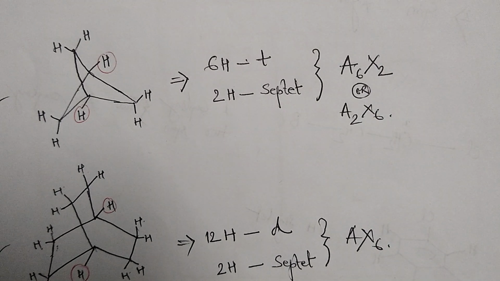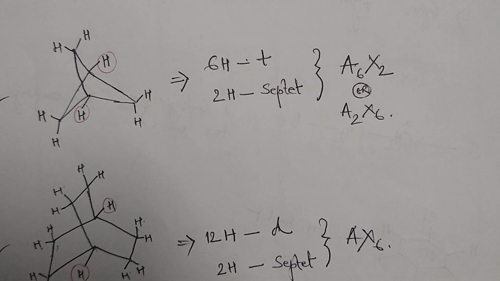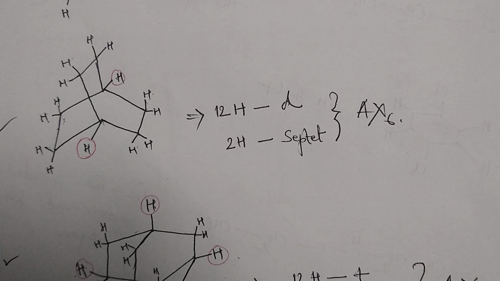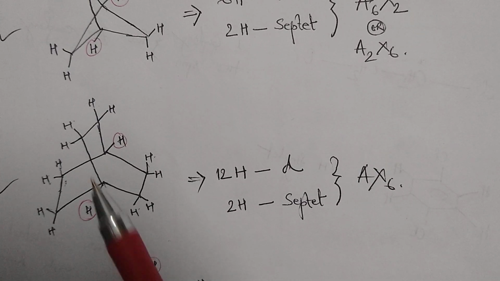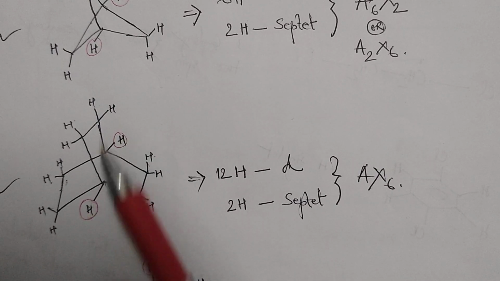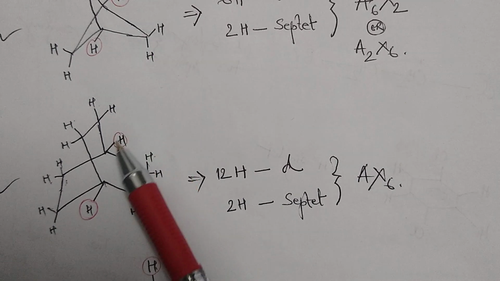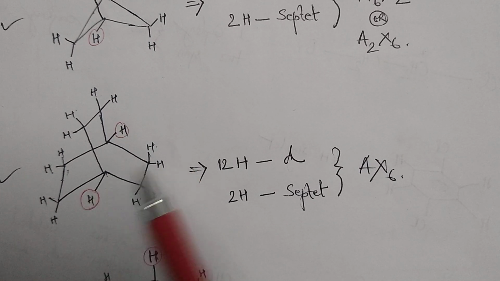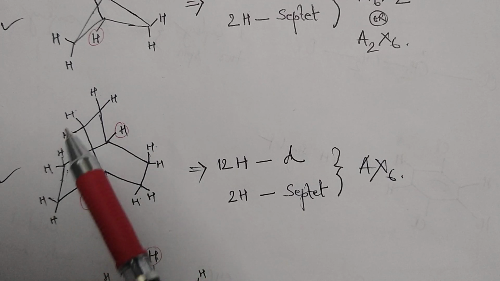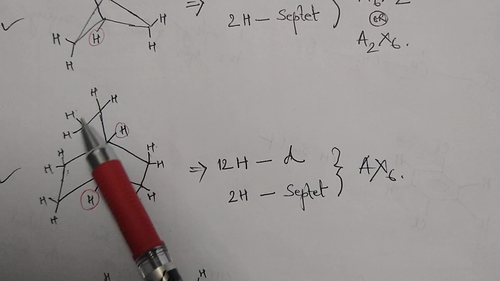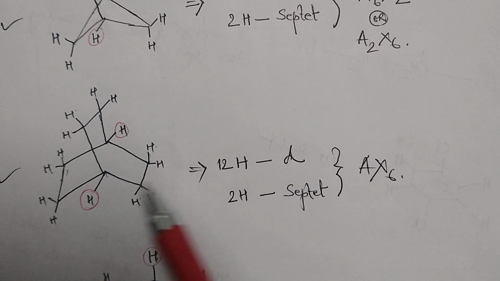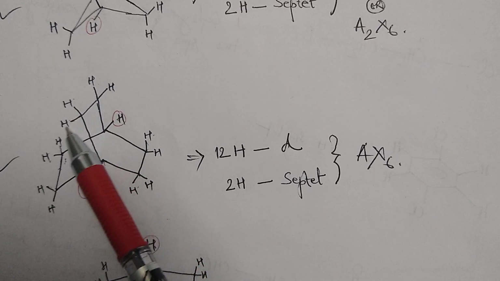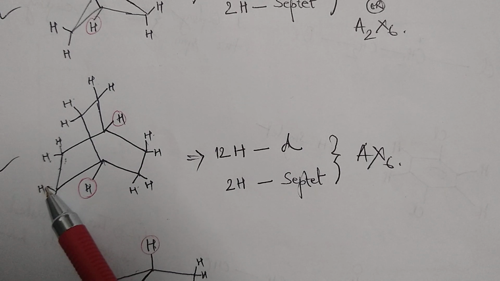Likewise, we may move forward with another example in which we have this molecule. These 2 bridgehead protons, like what we have considered above, will be in a different environment to that of all the protons over here at the edge. So these 2 protons are in the environment of 6 protons.